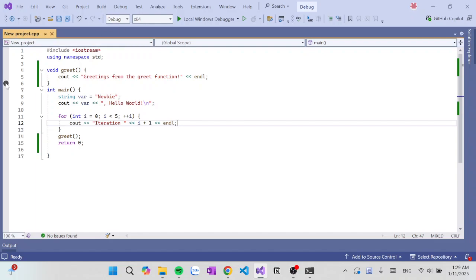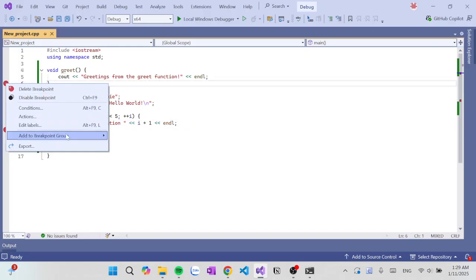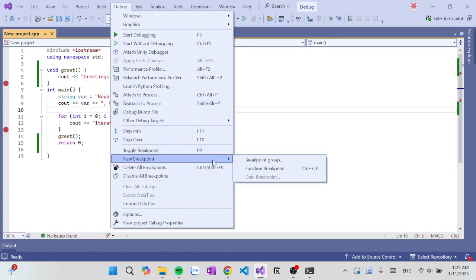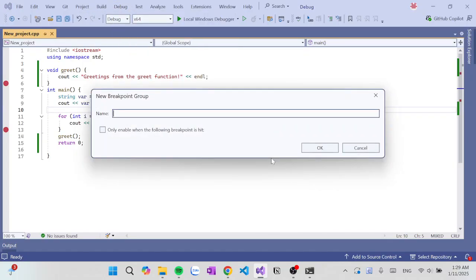For example, I create 2 breakpoints, and now I want to bring them to a breakpoint group. You can right click and add to breakpoint group, or from the debug menu you click new breakpoint and click breakpoint group. Let's name it debugging is fun.